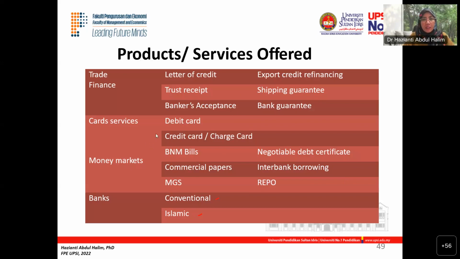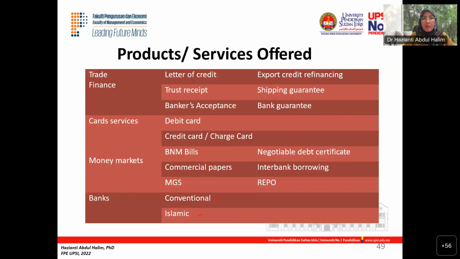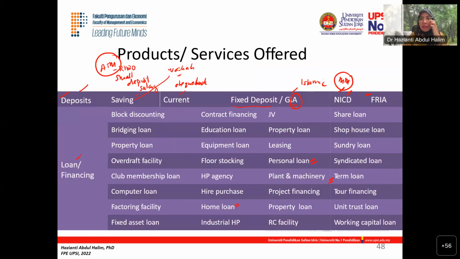Alright, so again, when we look at products and services offered by commercial banks, I really expect you to read your book because the detailed explanation, for example about deposits, is actually in your book, where we discuss the differences between demand deposit and other deposits. So please read the book and make sure that whatever information you have from your bank can also be used as your